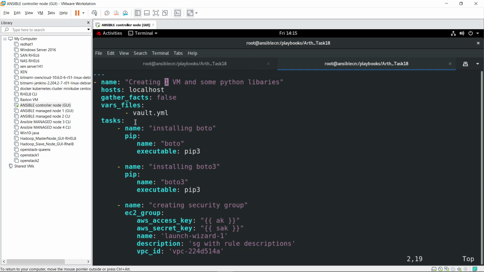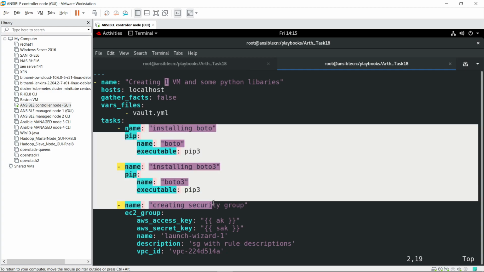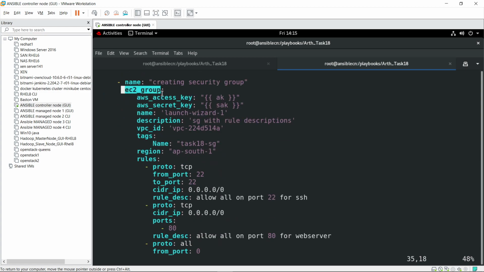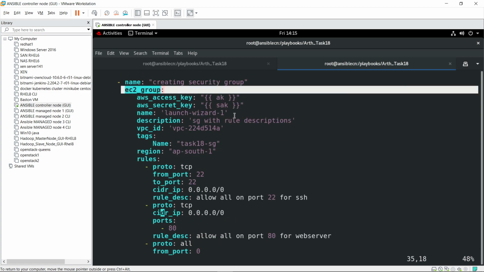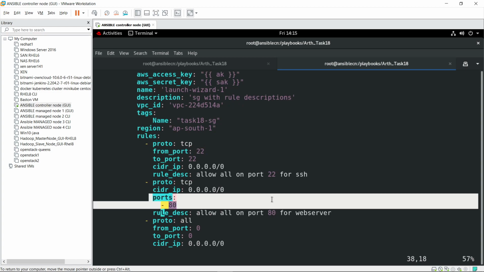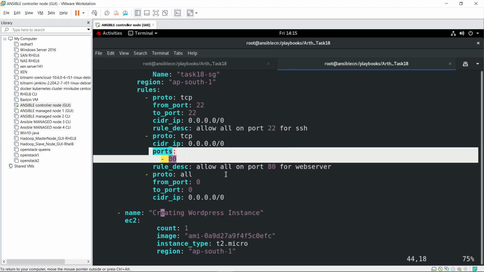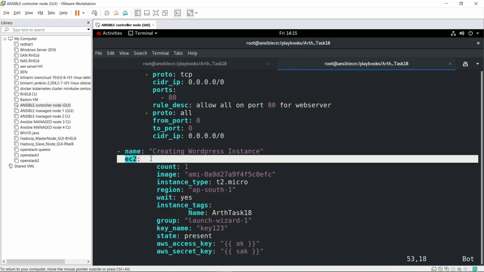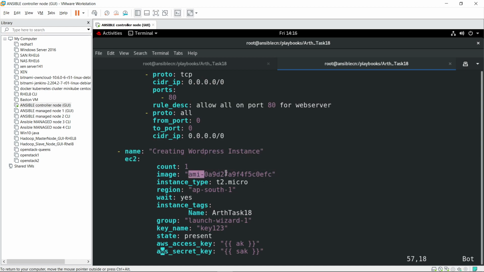So I'm installing some Python libraries and creating a security group. This module is used to create the security group. I'm giving port 22 for SSH, port 80 for web server, and on top of it I'm creating this instance using this module, ec2 with count 1. This is the image ID.